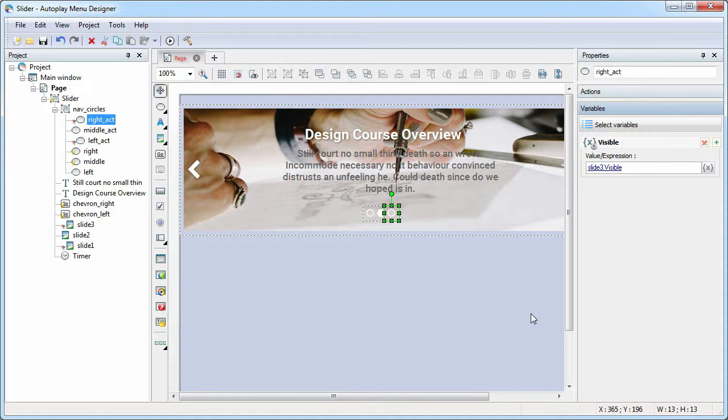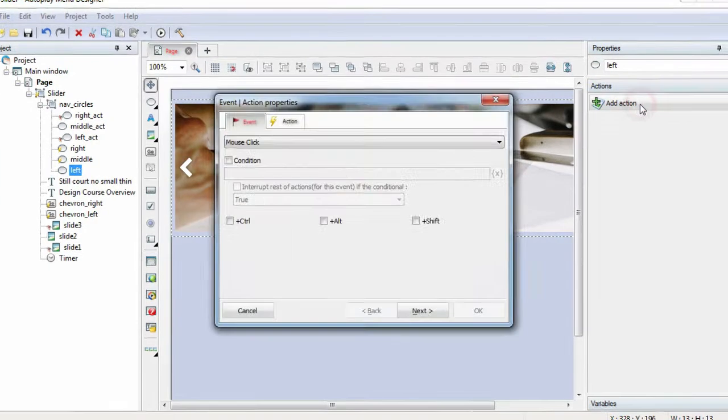The next step. By clicking on the unfilled circle, we need to stop the timer and show the desired slide. We use the timer object actions to stop the timer.